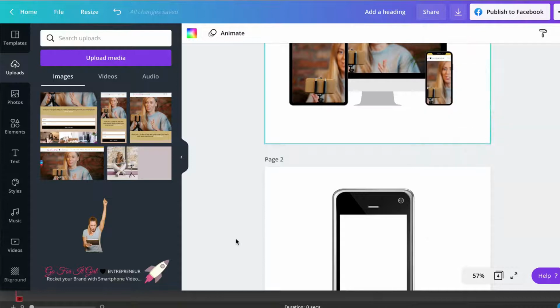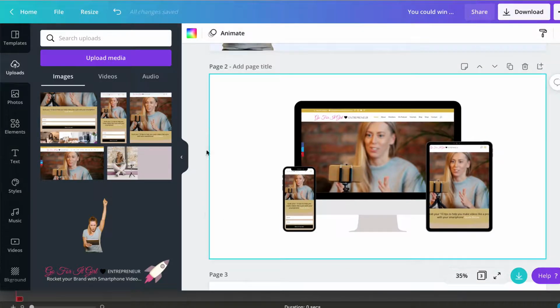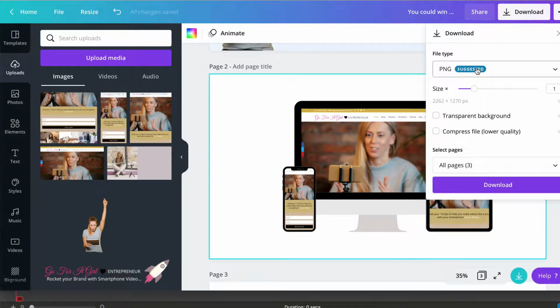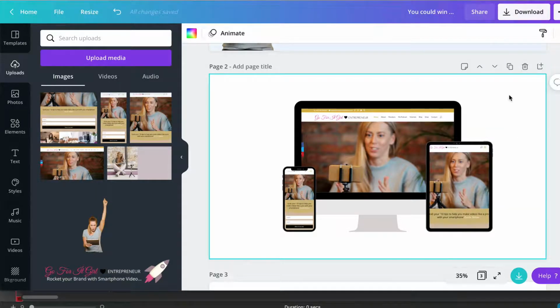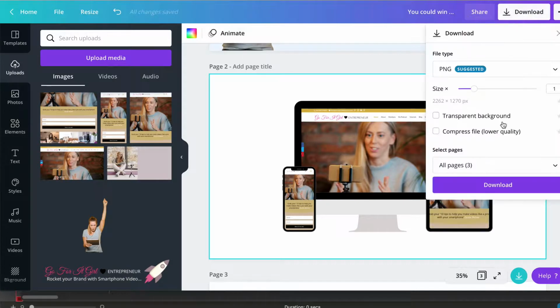Now if you want to use it in your video, you can make a canvas that's 1920 by 1080, do your mock-up on there. Again, you can change your background colour, leave it as white if you want this to be a part of your video, and again, download it as a PNG. Or if you want to have this mock-up to pop up within your video screen like it did at the beginning of this video when I showed you, then download it as a PNG with a transparent background,